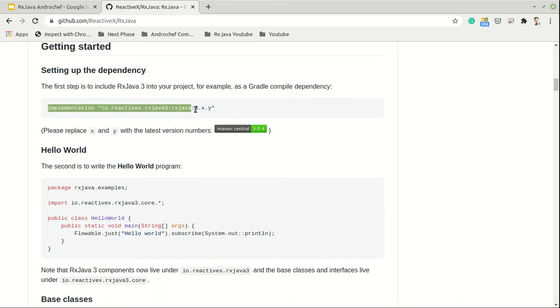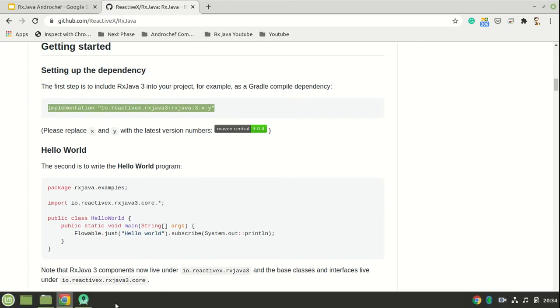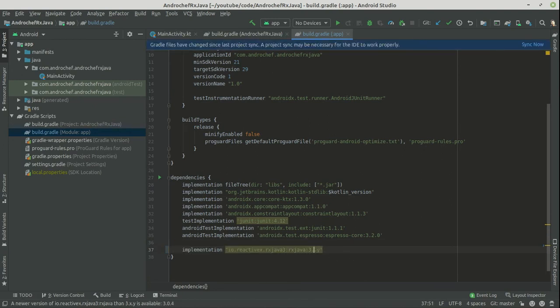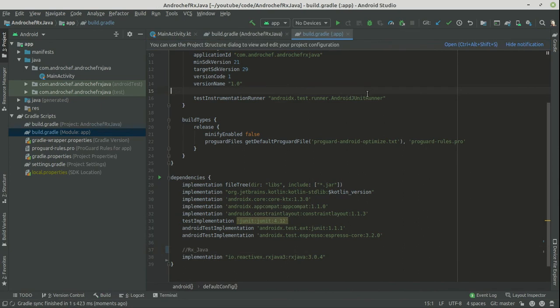So I'll copy this one and paste it in my build Gradle file, and this x.y.z will be 3.0.4. Now let's sync it. Yes, now we have successfully built it with Gradle.